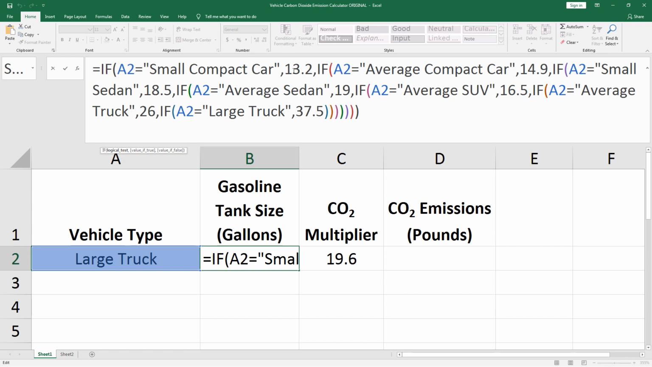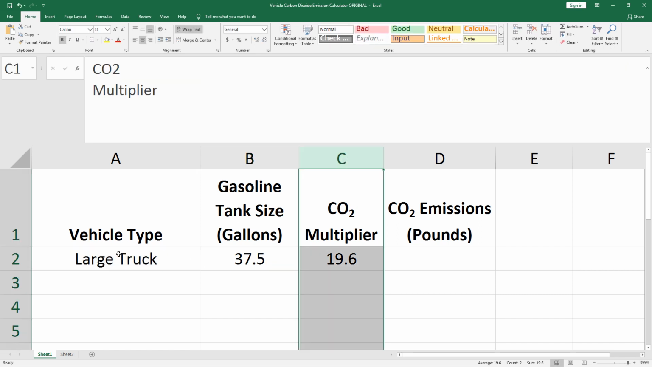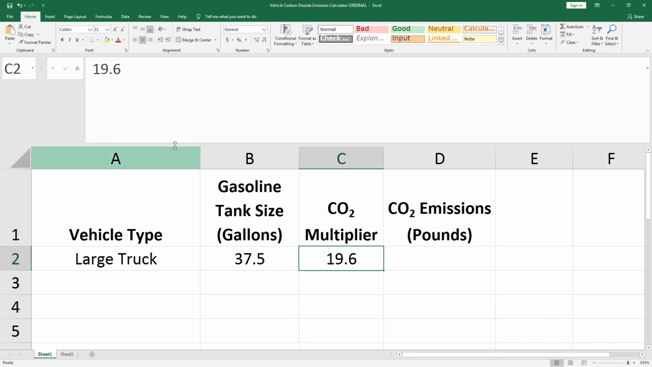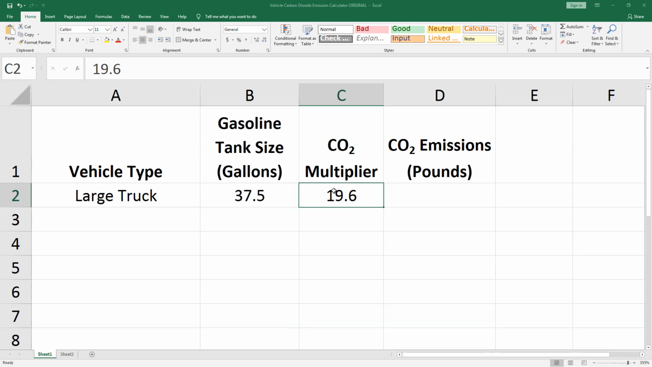Thus, if we select small compact car, Excel automatically inserts the value 13.2. If we select average SUV, Excel knows to automatically insert the value 16.5. This makes our calculator functional for 7 different vehicles. Notice that cell C2 always contains 19.6, meaning that every gallon of burned gasoline emits 19.6 pounds of carbon dioxide